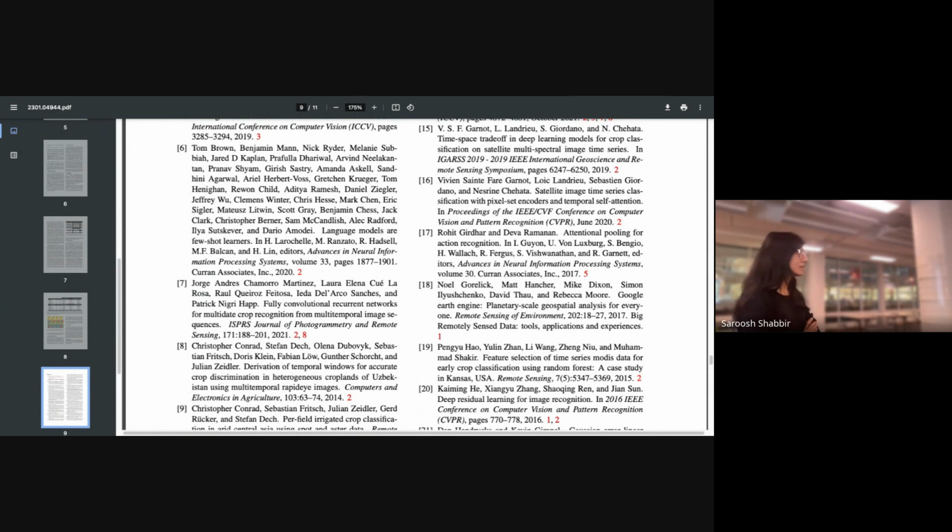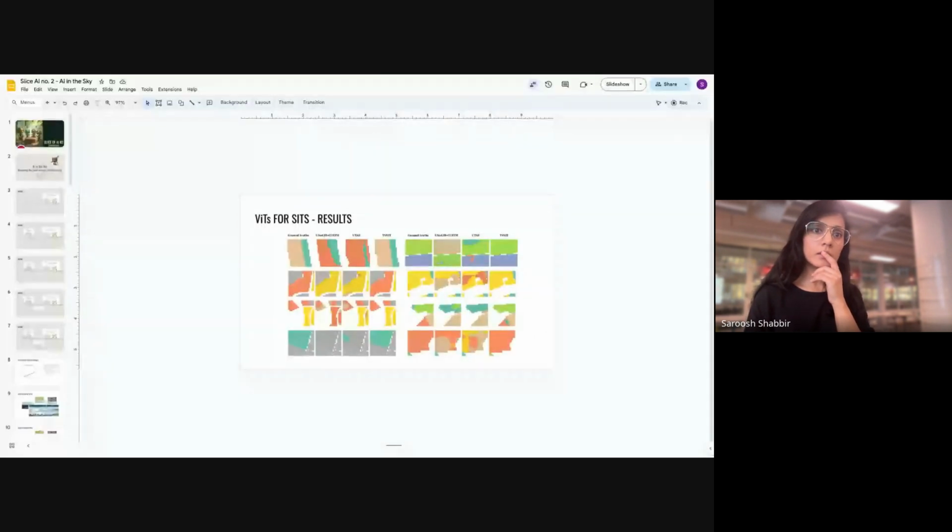Yes. On the first slide, they showed the satellite images. I didn't quite understand what the model did to the images and what happened. The first slide, yeah. Share this.